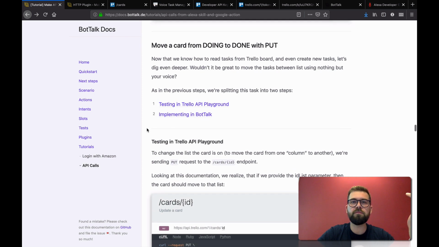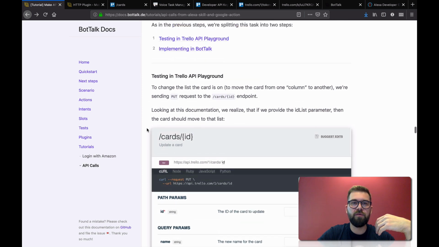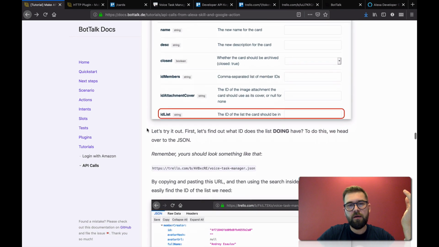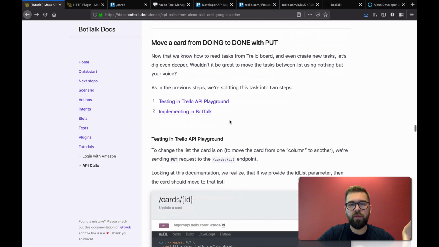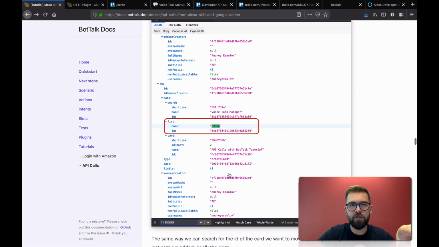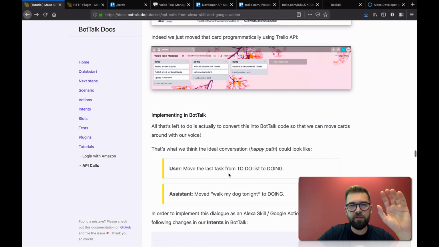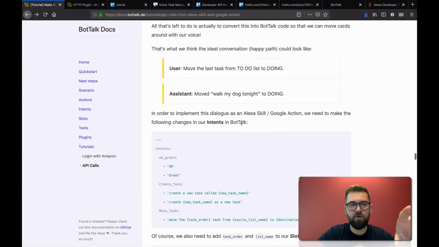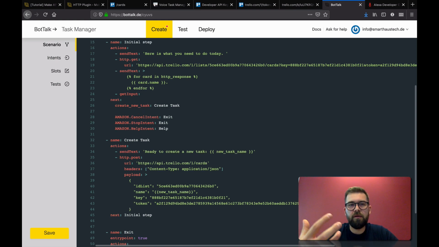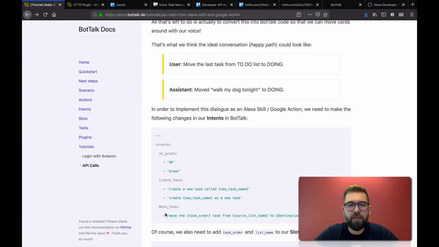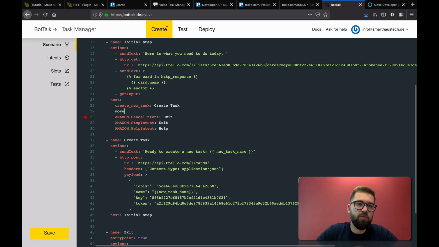So basically, what we need to do now is move one card to another. And in our tutorial, we play a bit with the Trello documentation, but for now we're just going to skip it, and go straight away to the BotTalk code. For that to work, of course, you also need to have some kind of wording, something that Alexa is expecting you to say. So we need to create the expectation, right? And it's called an intent. So let's call it move card intent, and then